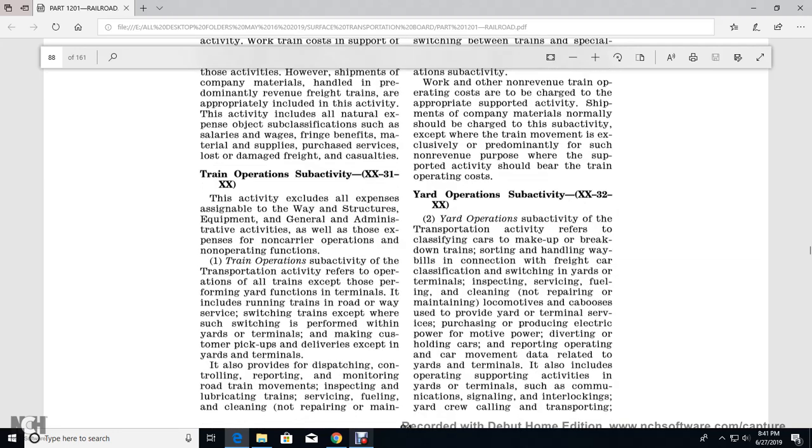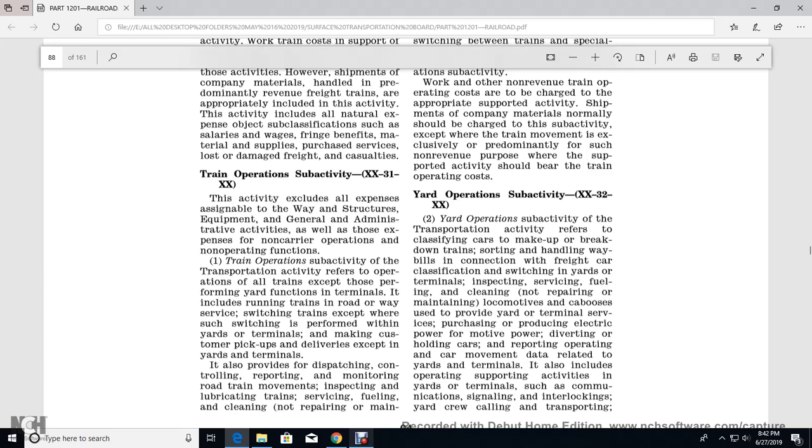Train operation sub-activity XX31XX. Activity excludes the expense for the wage structure of the equipment, the general administrative of the activities, as well as those expense for the non-carrier operation, non-operation functions. Alright, the train operation sub-activity, transportation activity refers to the operation expense for the permanent forming of the yard function of the yard terminal, running train with the roadway with the strip of the switching train, except for the switching performed with the yard terminals, making the customer pick up the delivery,